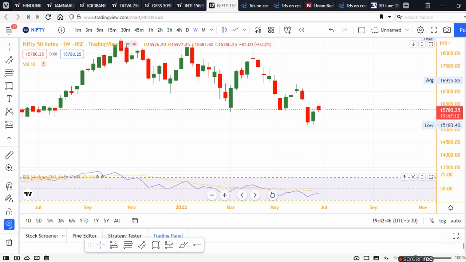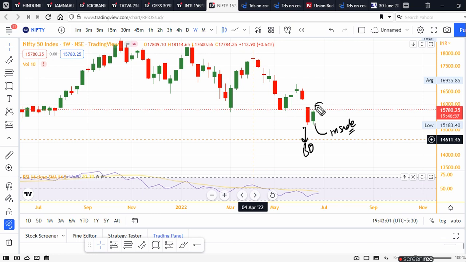Yeah. Now you can see that this candle was a breakdown candle. Let me highlight that for you. Let me select a pen first. Yeah. This candle was a breakdown candle. Then this candle was an inside candle. Now this candle, which we only have tomorrow's day, is not able to break below this high, or we can say close below this high.